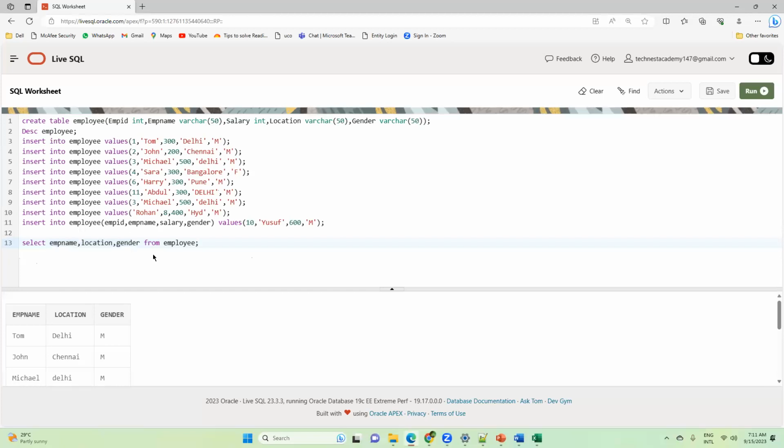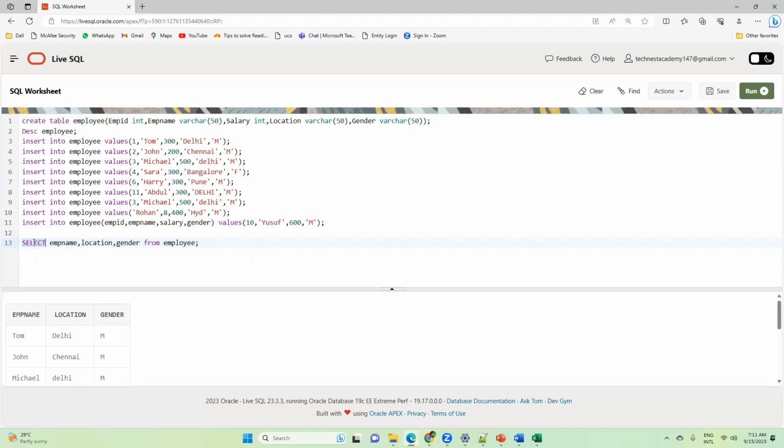See, SQL is not case sensitive. I repeat, SQL is not a case sensitive language. What it means is, I have written this query, and this select is in lowercase, correct? Now see, I will change this. Are you getting the same output? So the table name, the column name, and the reserved keywords, like in this query, select is a